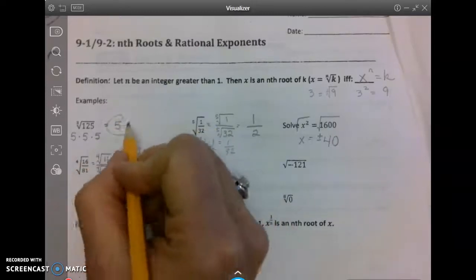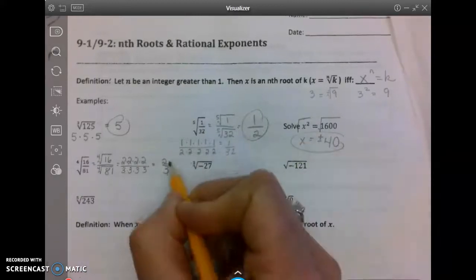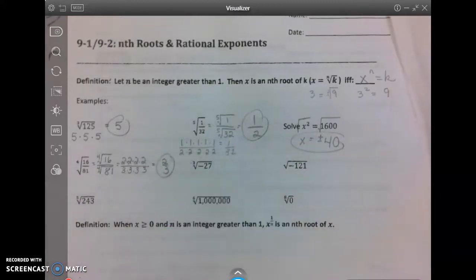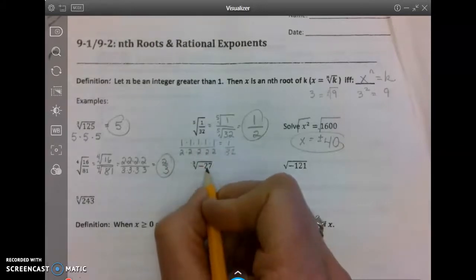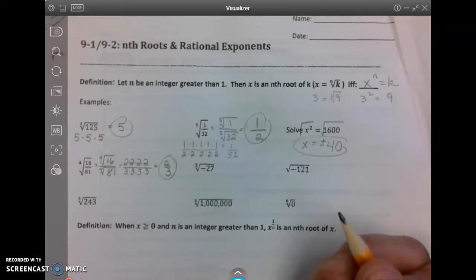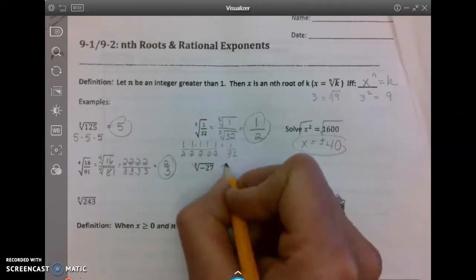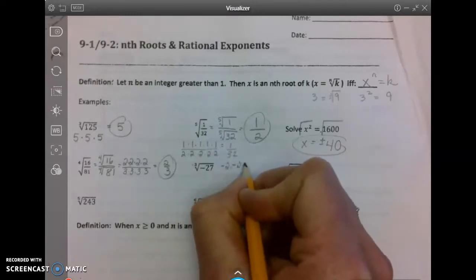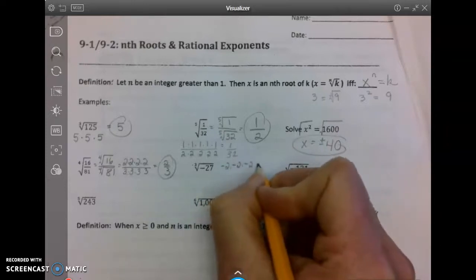Okay, I'll start circling my answers here. All right, next one. Cube root of -27. So I need to multiply a number by itself 3 times to get -27. Well, it's going to have to be negative. I know it's not -2, because -2 times -2 times -2